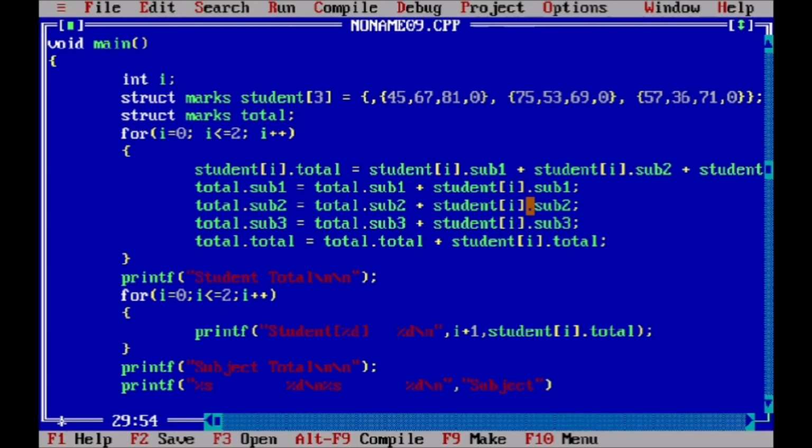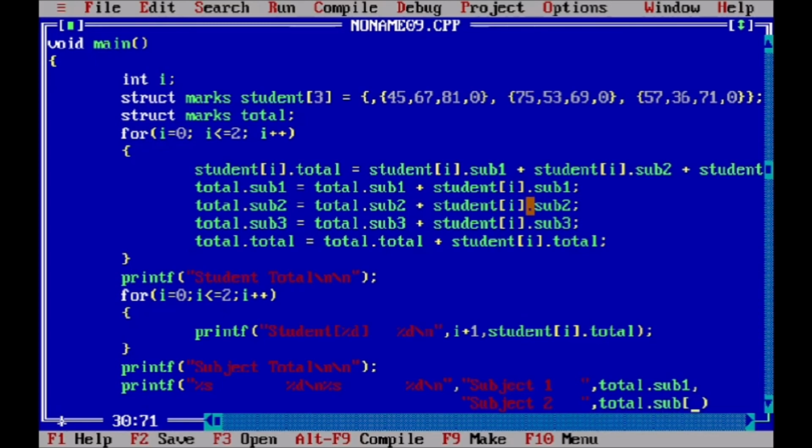So here we write subject number 1 and its total, then subject 2 and its total, and then subject 3 and its total. So total dot subject 1, then subject 2 is equal to total dot subject 2, and last subject 3 is equal to total dot subject 3, and at the end we print the summation of all marks, and that is stored in total dot total.